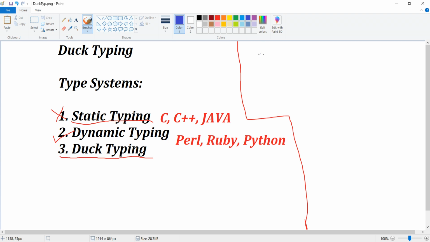In Java, whenever you want to define a variable, say I'll write string and say the variable is a. This is called declaration.